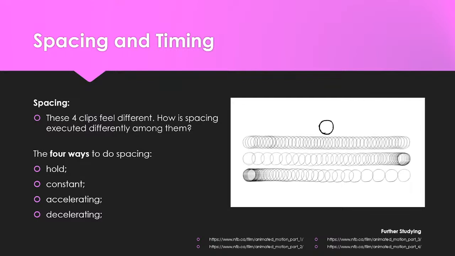But give or take, you will want to stick to these 4 primary ways to do the spacing in your animation and to explore how to do them. You can keep an image still by keeping the same drawing over and over. You can make it move constant by keeping the space between each drawing the same. You can accelerate by progressively increasing the space between each drawing, and you can decelerate by progressively decreasing the space